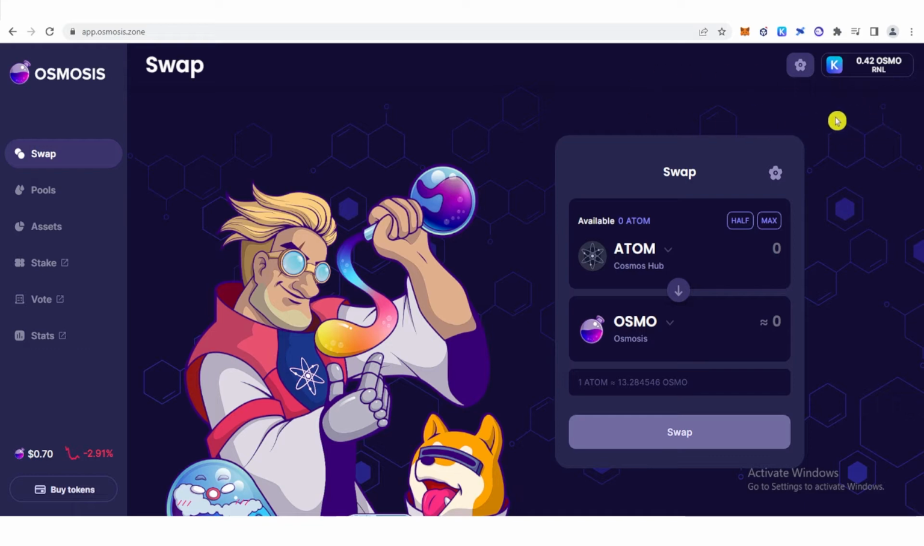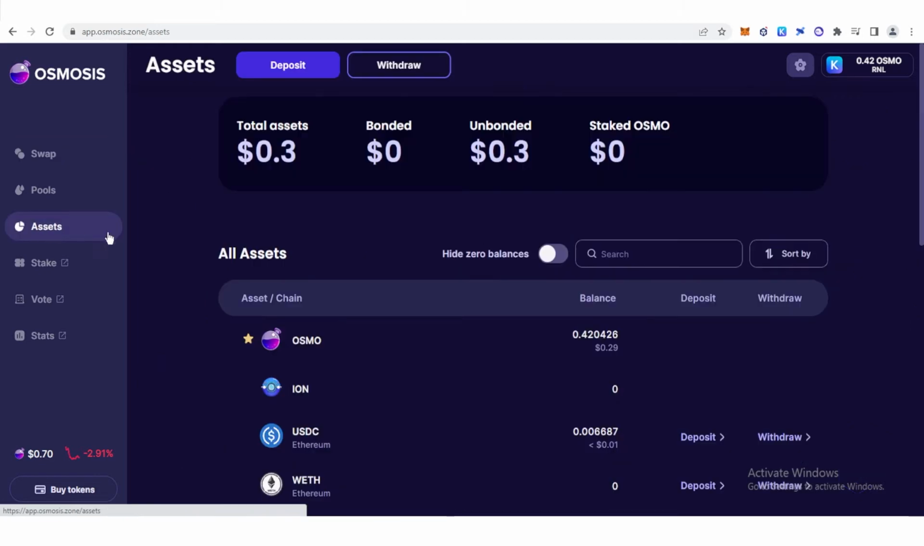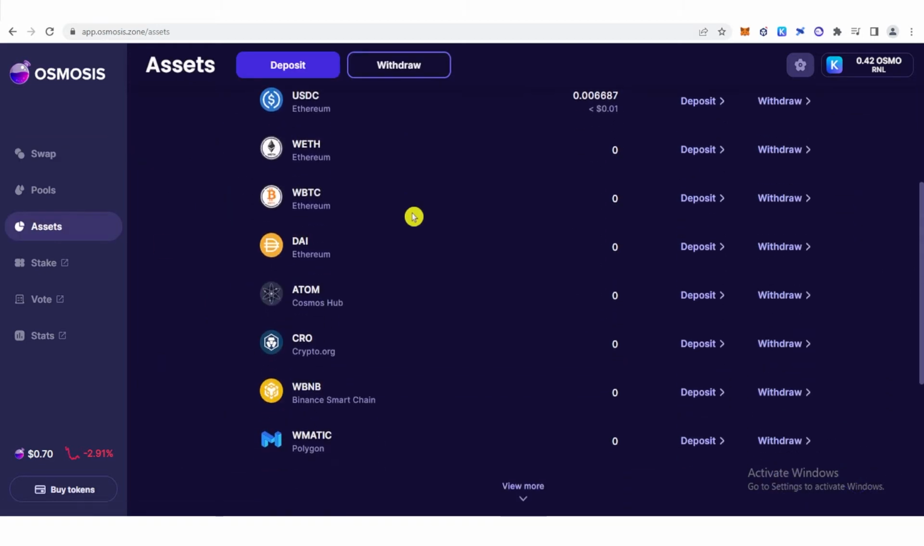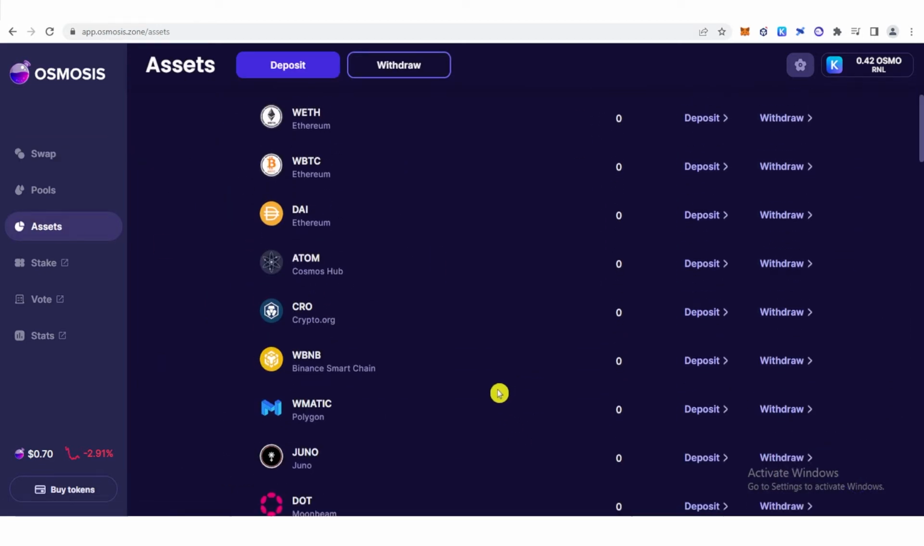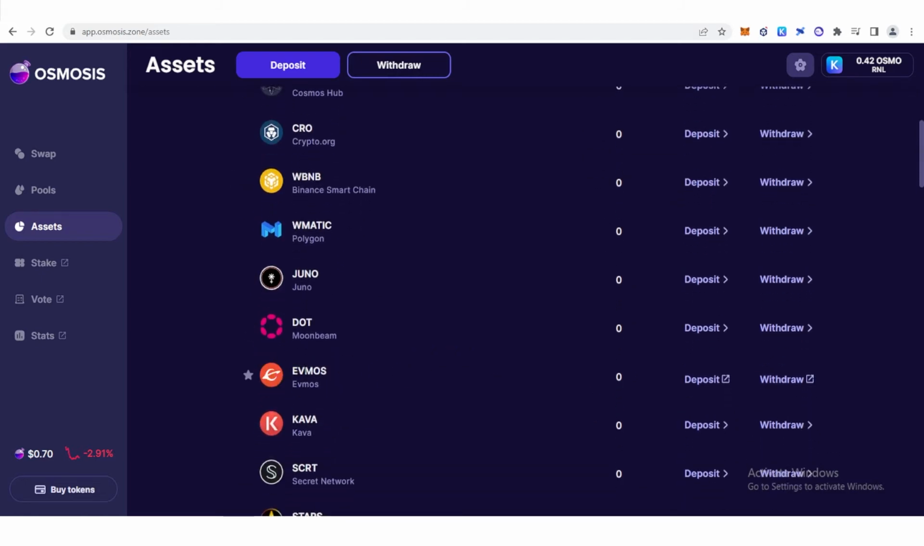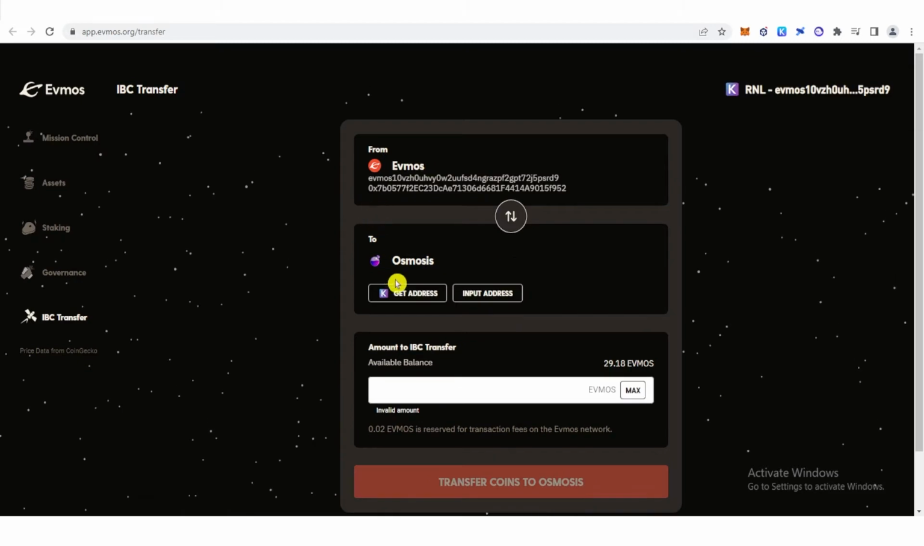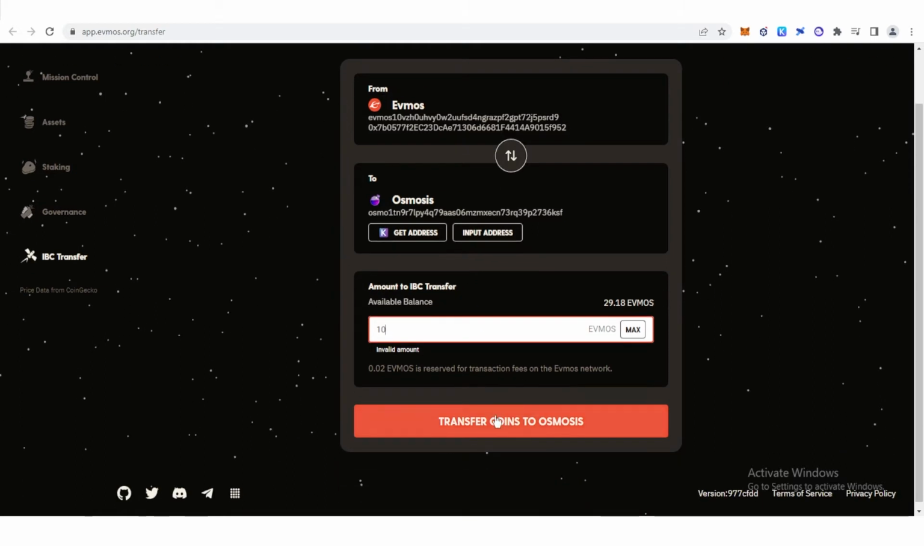Now once you have connected your Keplr wallet, go to assets here, scroll down, click view more, and you can see here the EVMOS. Just click deposit. Click get address here, then type the amount of EVMOS you want to deposit. For example, 10 EVMOS. Then click transfer coins to osmosis,